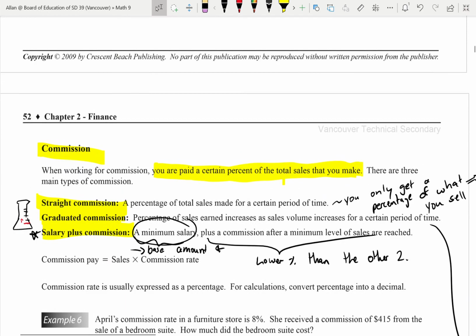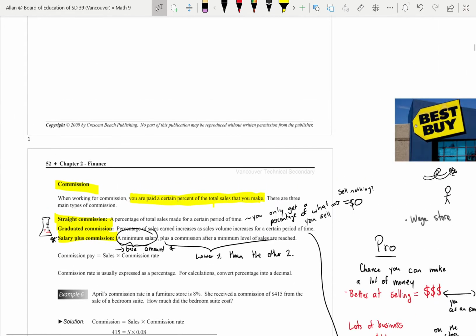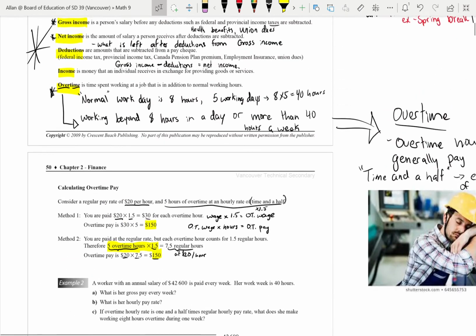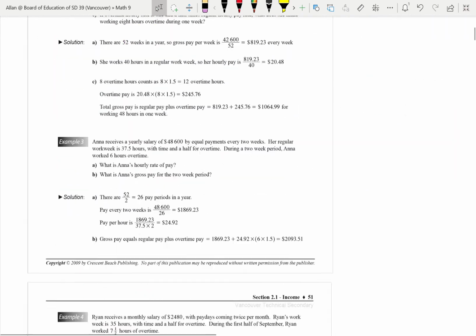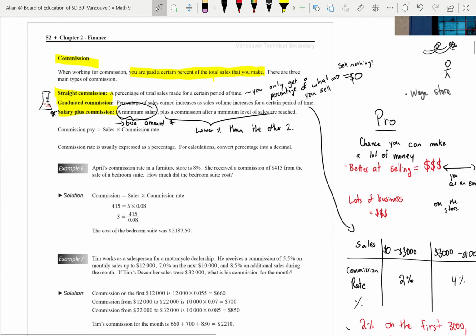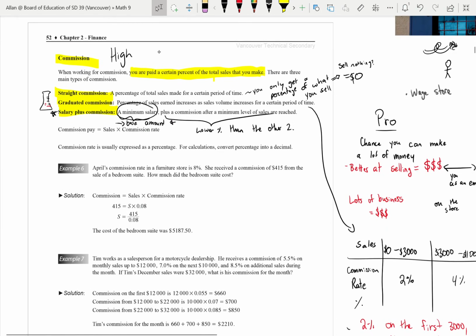One of the things I'll talk about is how each one of these jobs plays into a sort of job security. Having a salary is super safe. You're going to get paid the same amount of money each time your pay period comes around. You know exactly how much you're going to get, so when it comes time to budget, you know exactly how much you're going to make in a month, in a week, in a year, and you're able to budget around that. By contrast, commission is a high risk,